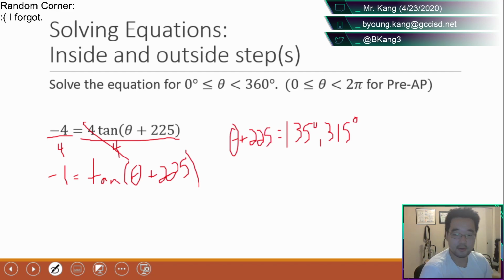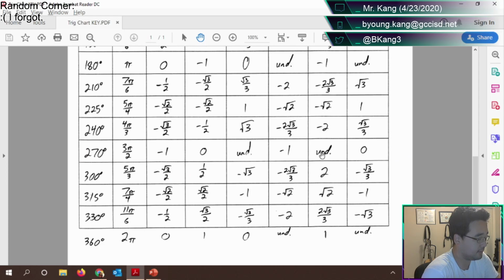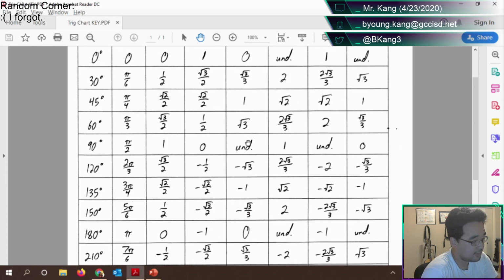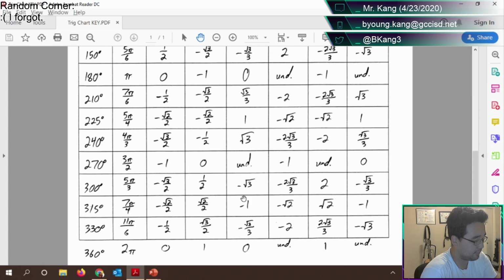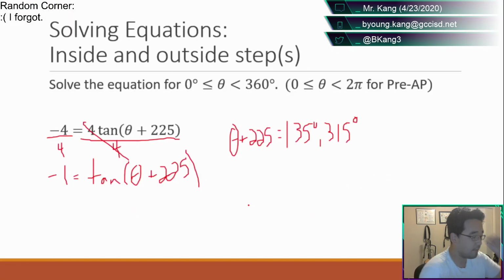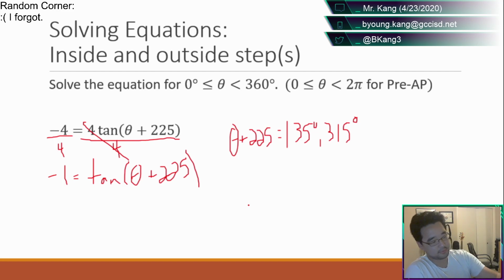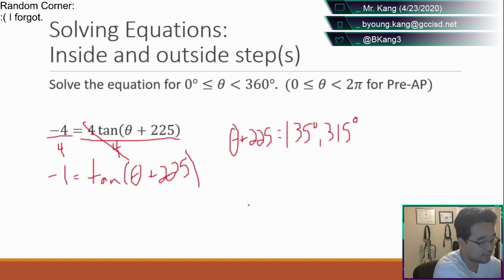Okay, so the two values that I found on my trig chart for tangent being negative 1 are 135 and 315. And again, I looked that up using my trig chart. Here's the column, 135, 315, right there. Now remember, tangent's period is only 180. Also, if you'll notice, 135 plus 180 is 315. So I've got other values that keep going. So just keep adding 180 to either of these, and you get more answers.